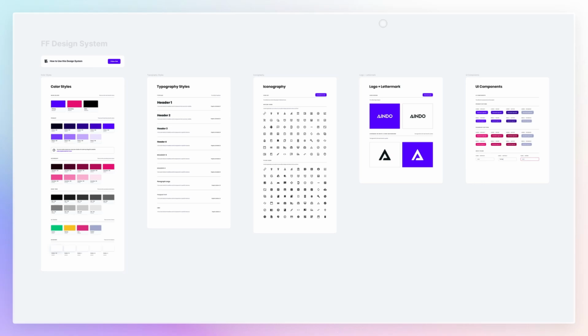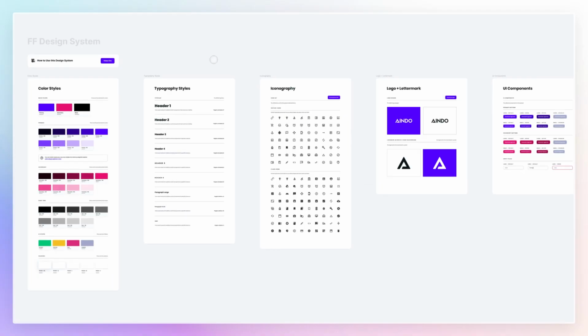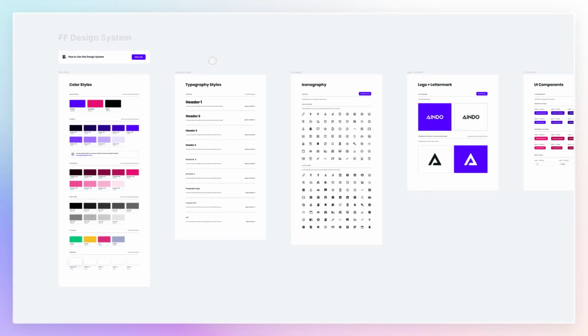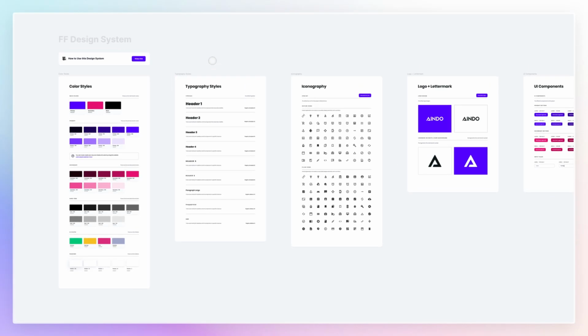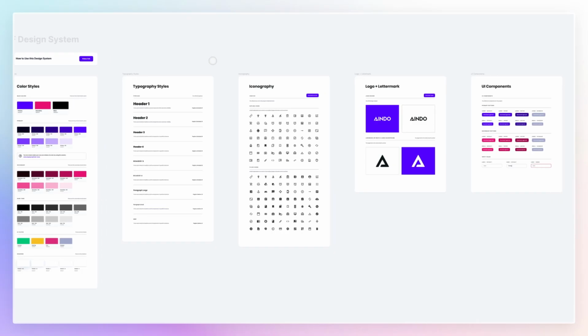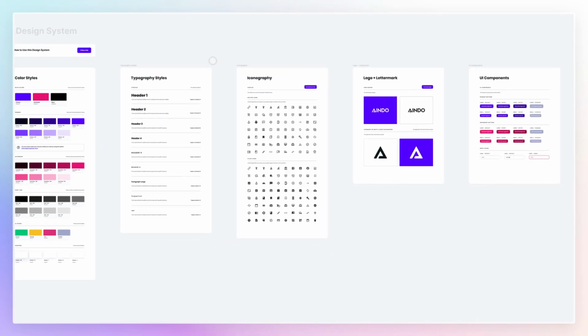Hey guys, Bridget here. In this video, we're going to talk about design systems and focus on the very core essential elements to add in each and every design system, no matter how large or small it is. So we're going to look at this very simple design system and not at the more complex ones, which we've previously seen on the channel, specifically because we wanted to simply focus on the core elements,